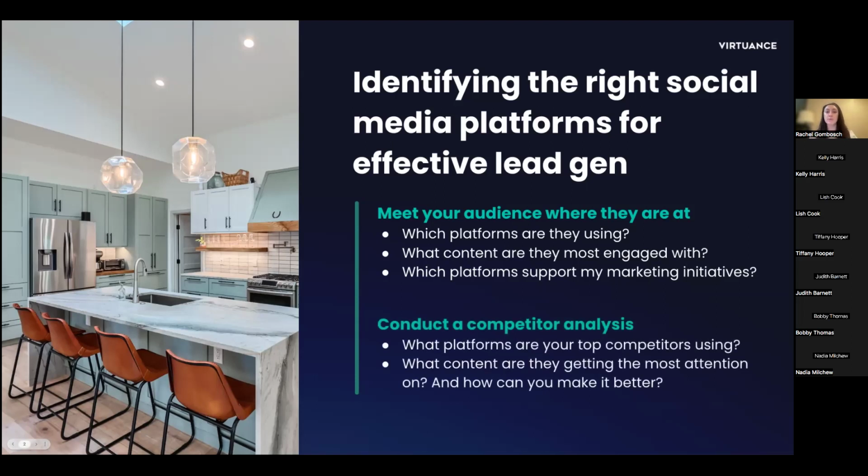And then finally, when we talk about identifying the right platform so that you're really setting yourself up for success for lead generation on your social media, make sure you take a moment to do a competitor analysis. So this is where you're actually going to study the social media presence of your competitors for insights into new strategies you can adopt or pieces of content that you can leverage to essentially outperform your